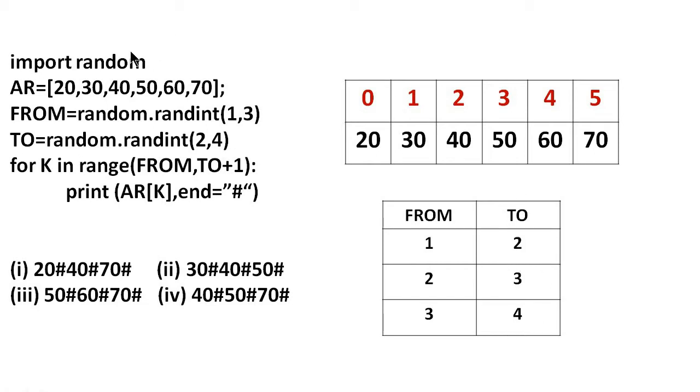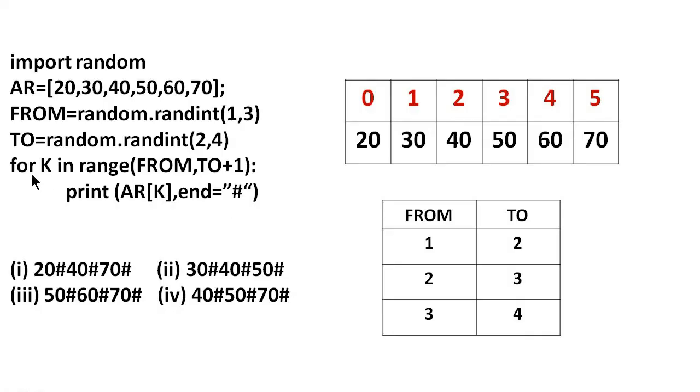Our question is find out the maximum values for from and to. Maximum value of from is 3 and maximum value of to is 4. It is very simple and 1 mark is for finding out these maximum values and minimum values. So don't miss it. Next we will find out the possible outputs from these options. Choosing the correct option from the given options is little bit tricky, and also in some cases just by using common sense you can find out the answer.